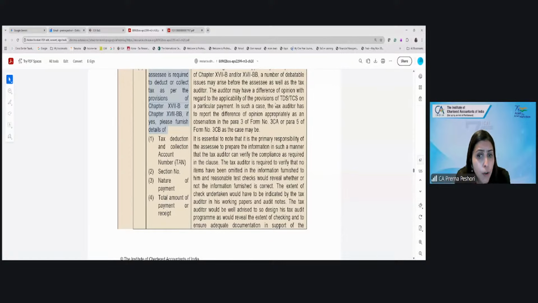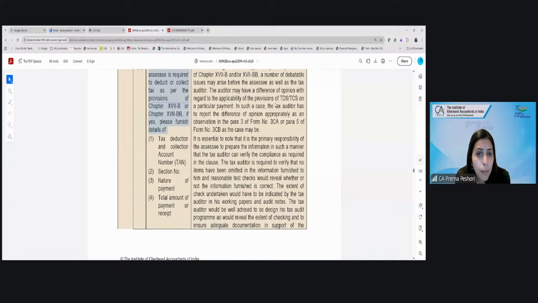So it may not be possible for the tax auditor to decide which expenditure sometimes results in a benefit or perquisite. Then he can seek the management representation in that case. But the tax auditor has to check and verify the payments made by the assessee, the total payments, and not just restrict to the expenditure which is debited to the P&L account. He should look into whether the TDS rates which are deducted are lower, maybe because lower deduction certificates are received. So he should maintain the working paper for the same.